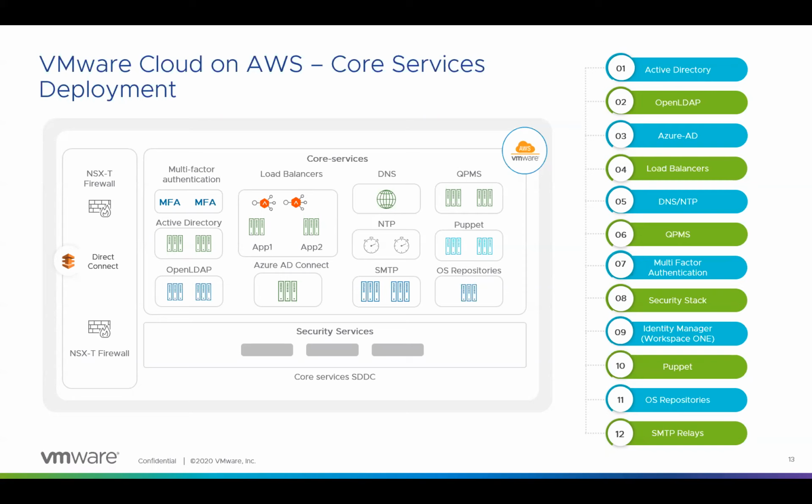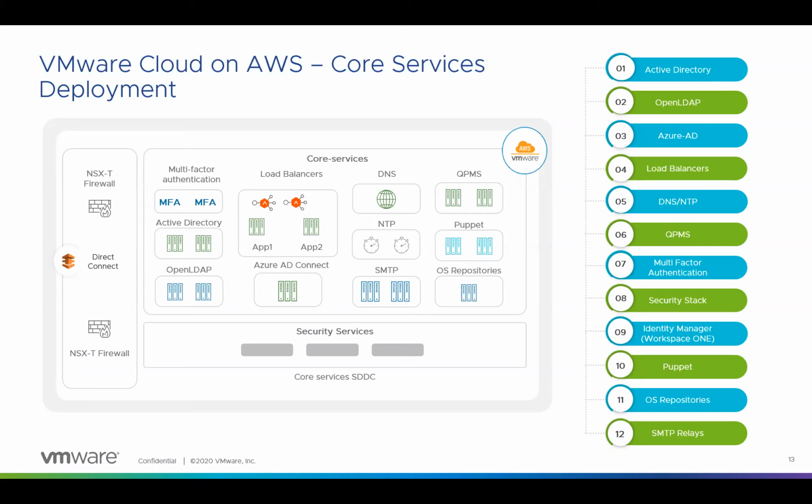And finally is the cost. For those who have worked on public cloud, you know that anytime you egress the public cloud, there is a cost associated with it. So for example, let's say the Active Directory is on-prem and you have Horizon deployed on VMware Cloud on AWS. If it needs to access on-prem, anytime you access that, there will be costs associated for every transaction. And it adds up very quickly. So these were the three reasons we decided to deploy core services in VMware Cloud on AWS.